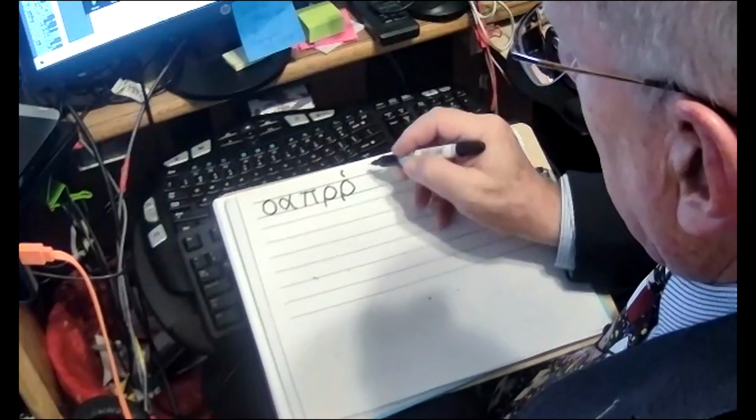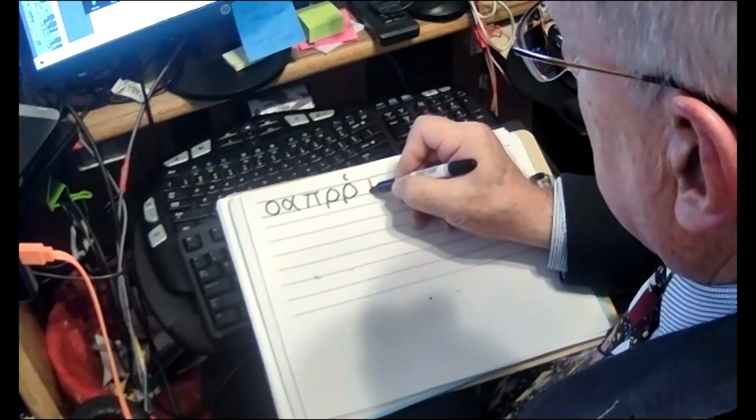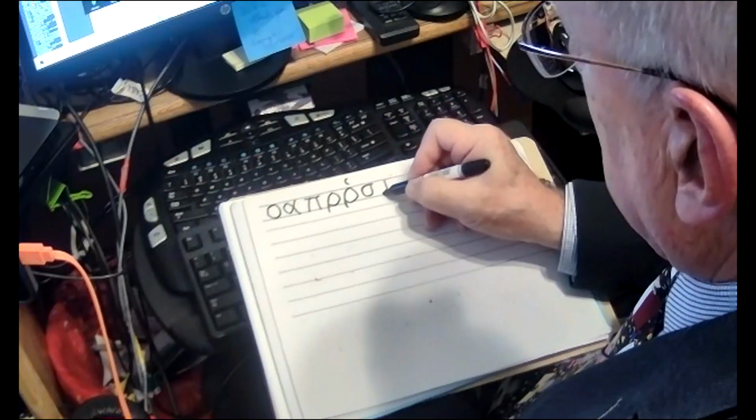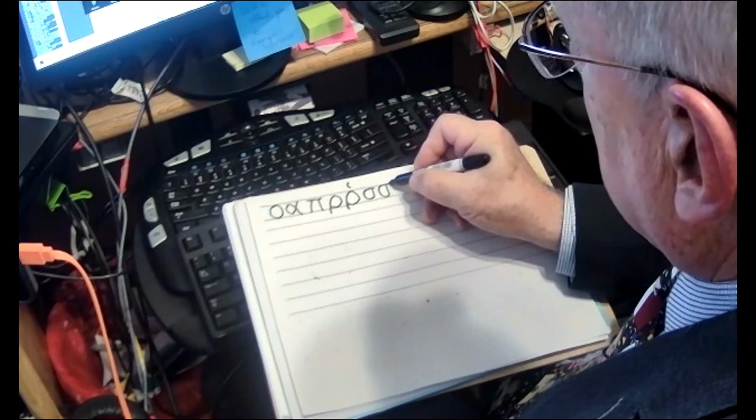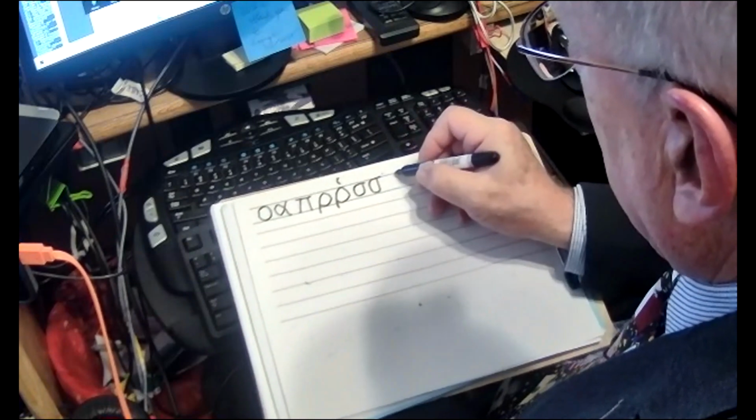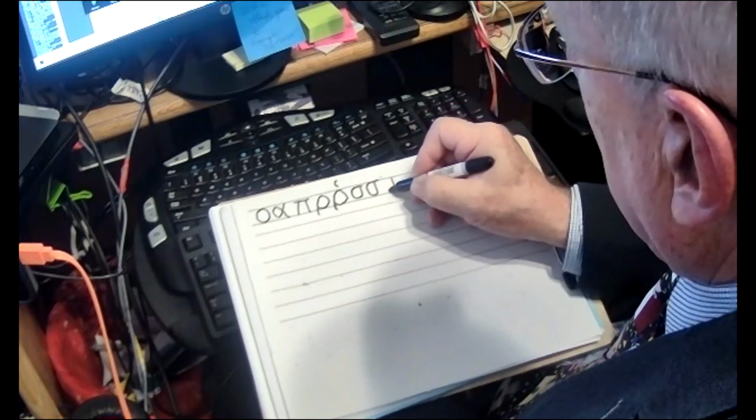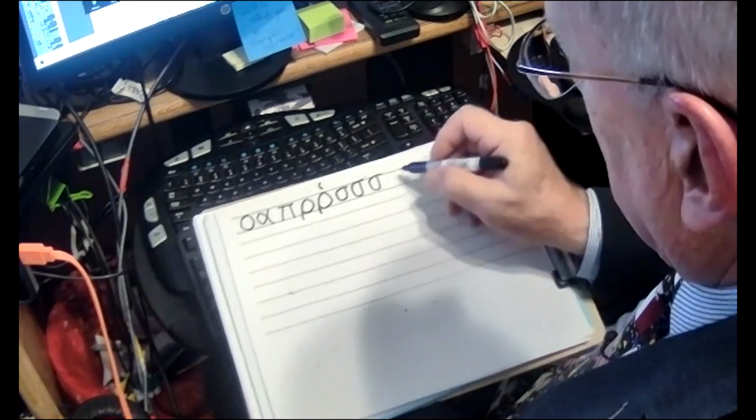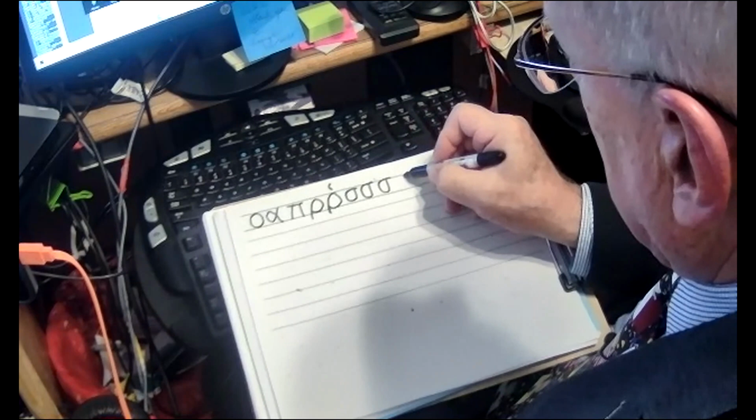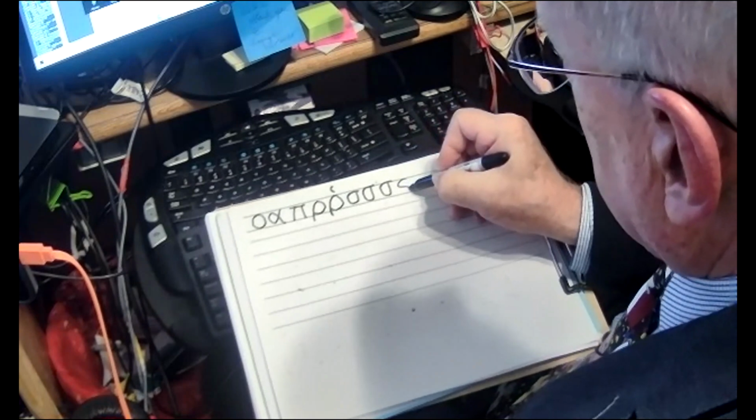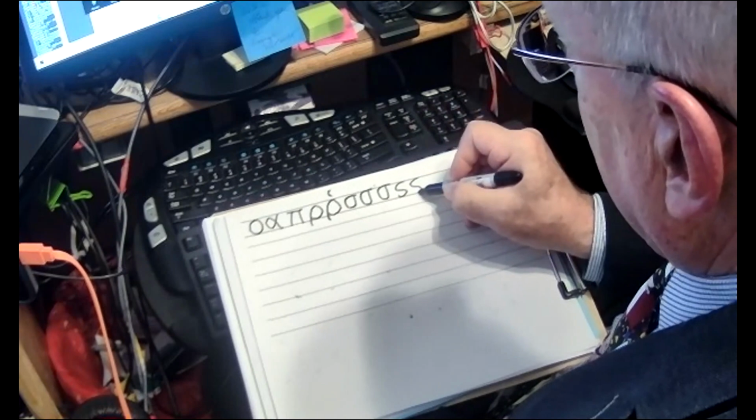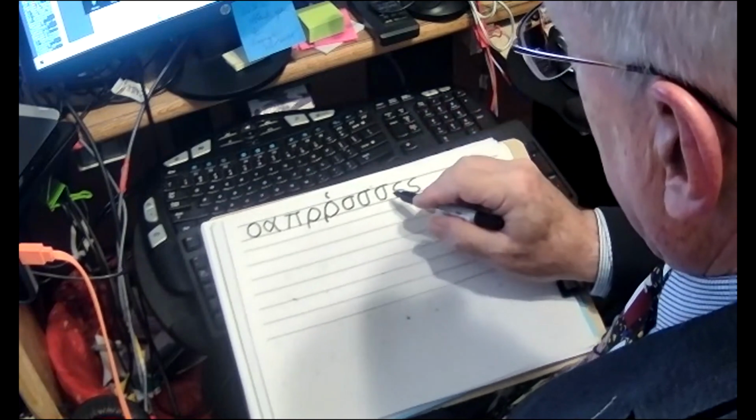So P, rho, now we have sigma, which has two forms. One like this, you start like you're writing an English U, and then go over the top, close it, and extend over just a bit. This is sigma, except at the end of a word, just use the English letter S at the end of the word. So if you have a word,